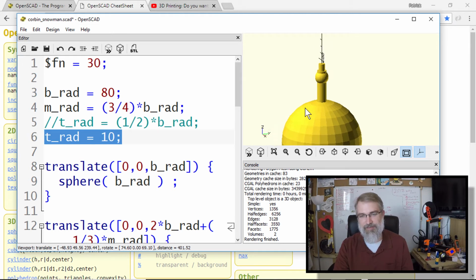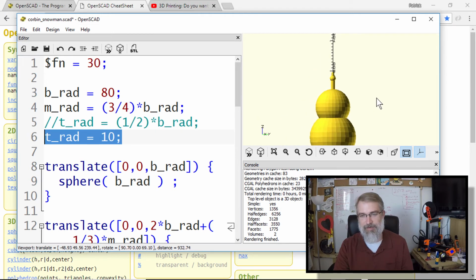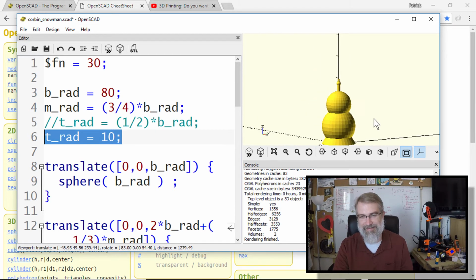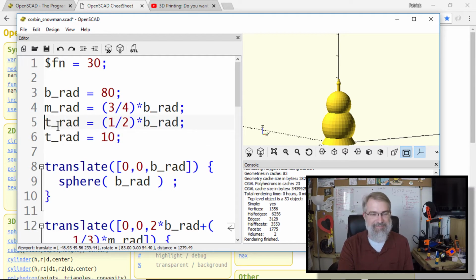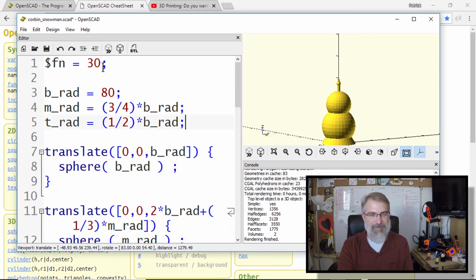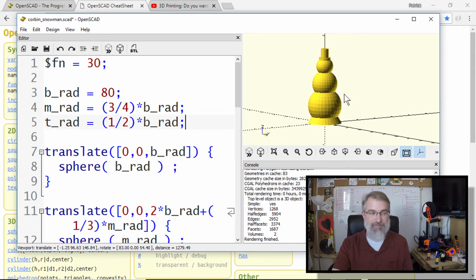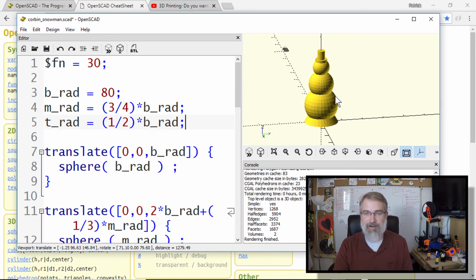So I guess you could have a snowman with a long neck and a top body. Anyway, I'll keep that like that, so I'll put it back. Okay, now that I've got all that done, what I want to do for Christmas is make it more blocky. In this case, I can reduce the fragment number, fn, the special variable. Cool. And if I go down to 10,